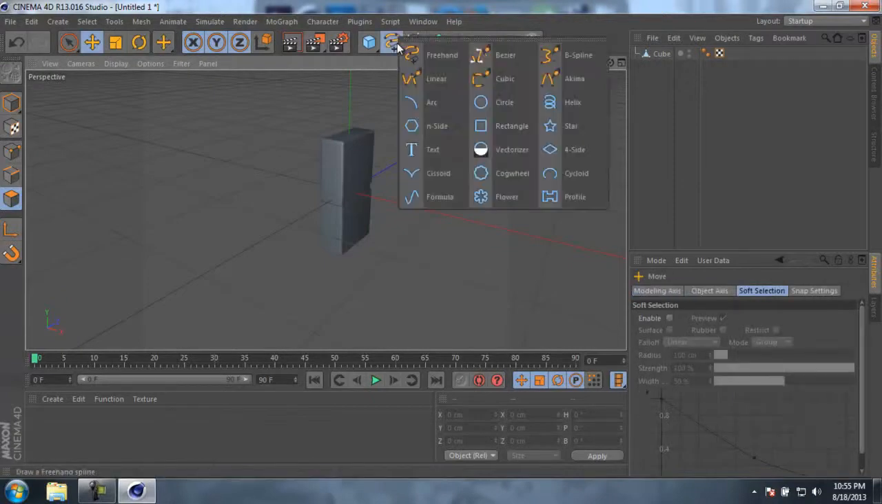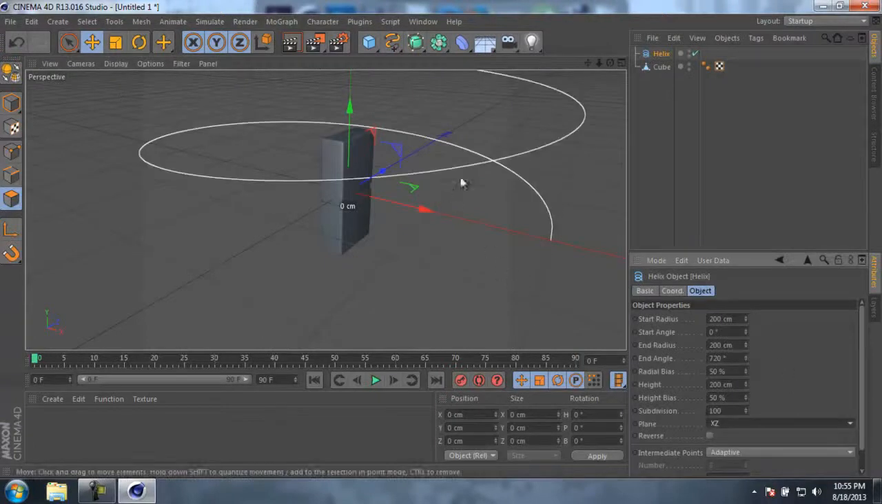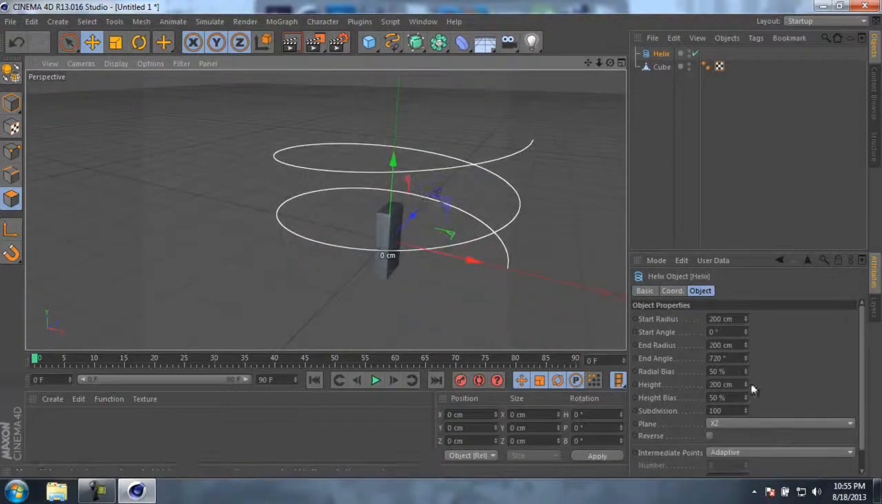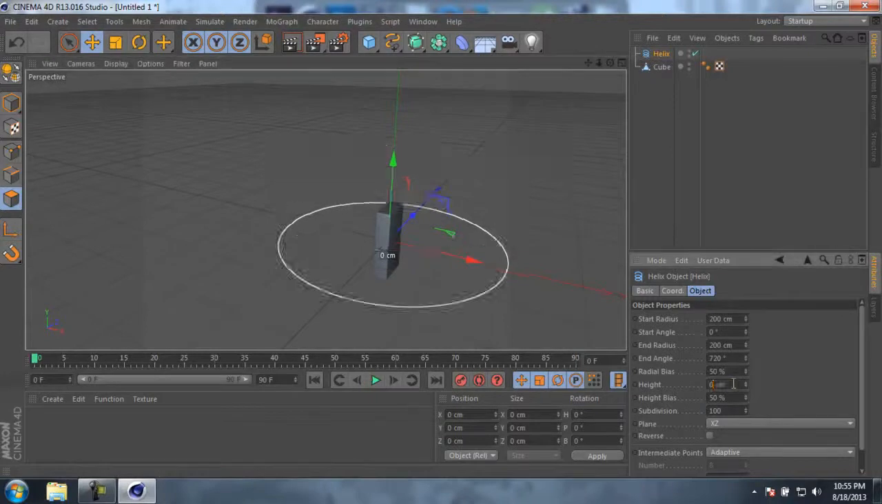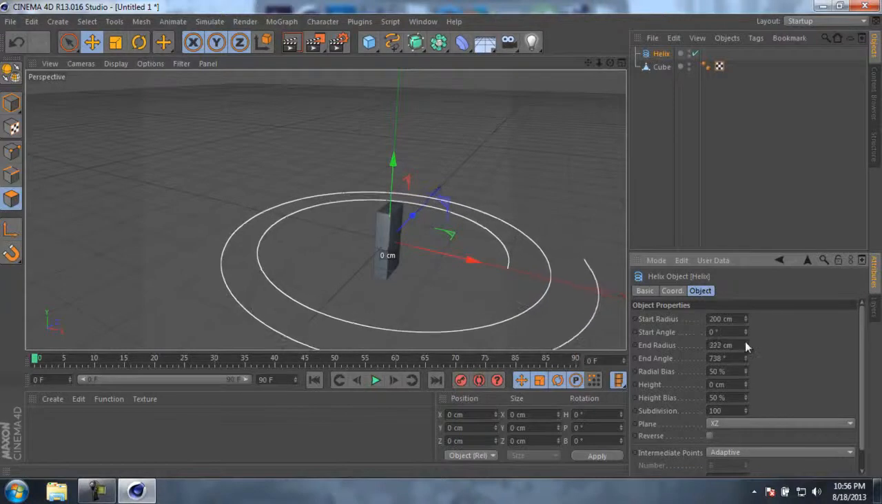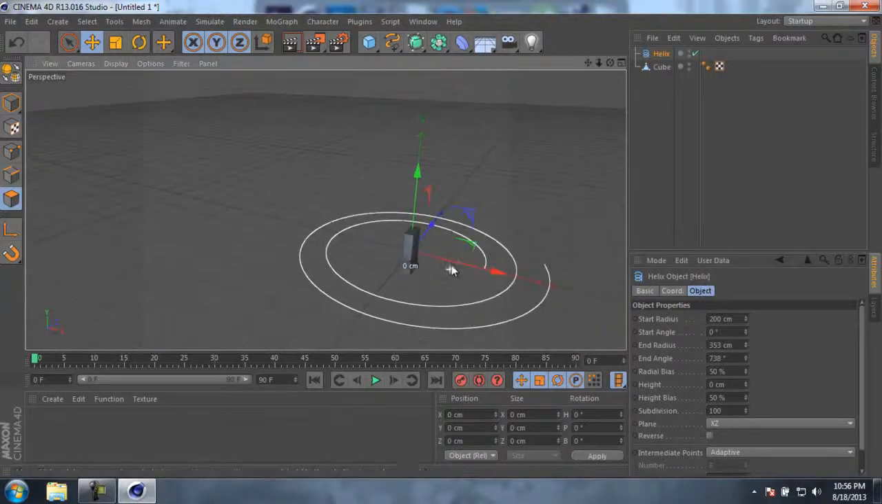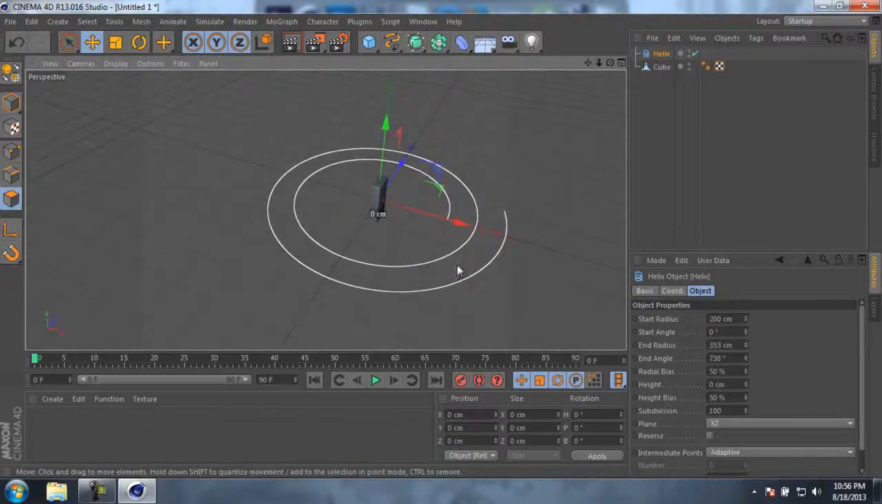Let's make the path, and we'll make it by using a helix. Let's make it in the XZ. Okay, for the height it will be 0, and for the end angle, radius. Let's make it something like maybe like this one. Okay,